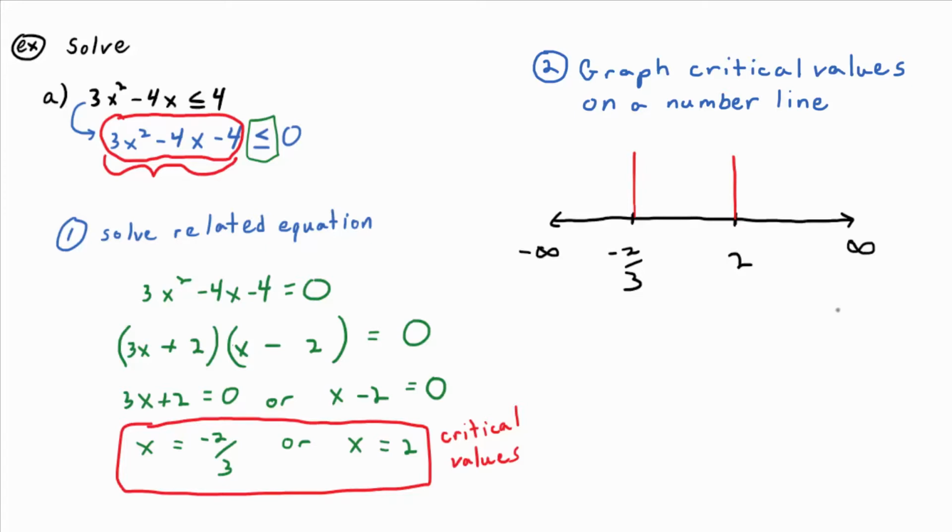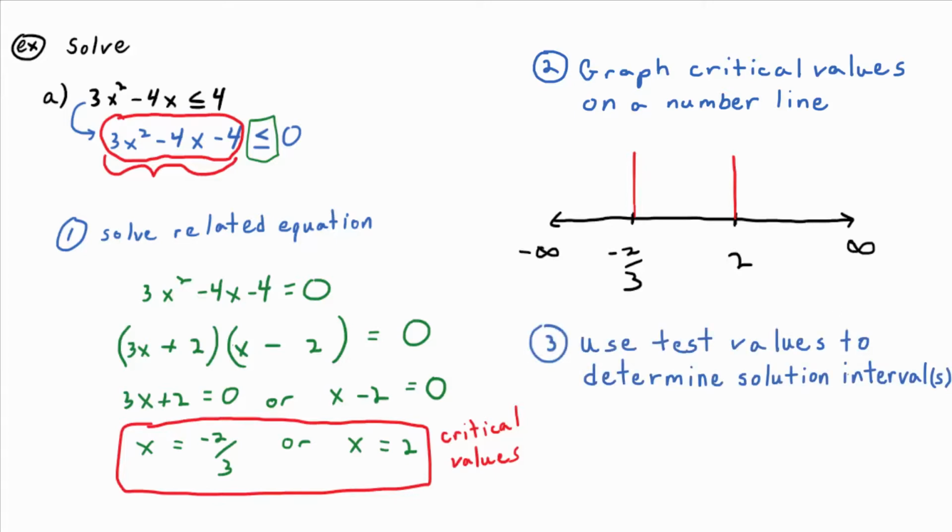The next thing to do is just to determine which of those subintervals satisfy the inequality by using test points, or test values if you like. Okay, so what test value would you like to pick in here? Negative infinity to negative 2/3? Yeah, let's not get too creative here. How about negative 1? Something easy to work with. Okay, so if your test value, that's an x value, right, is negative 1,